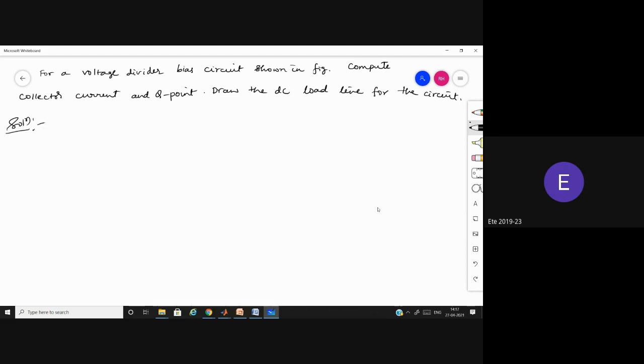And also sometimes in the question, they'll ask you to solve the given circuit using accurate analysis or approximate analysis. If they specify it, you have to use accurate analysis or approximate analysis. If they don't specify, then you can use accurate or approximate analysis.